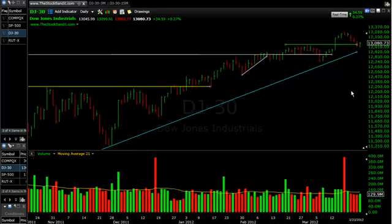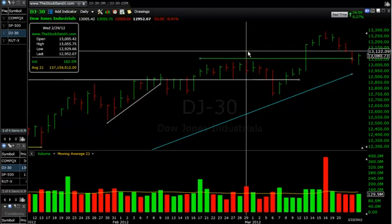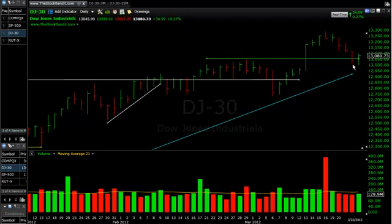And then finally is the Dow, which this green line right here, if I zoom in, is the 13055 level. That was the high right here on February 29th. So we've essentially pulled back and tested that level here. And we broke through just slightly on Thursday, but we finished 9 points from there on Thursday. So essentially that is the test, and now we're trying to lift here with Friday's bar being green,